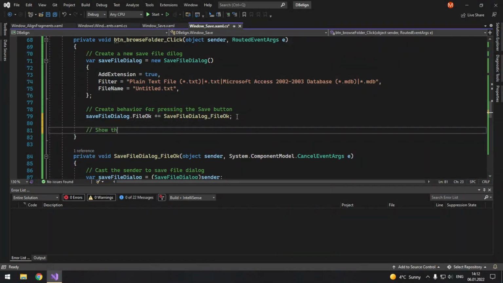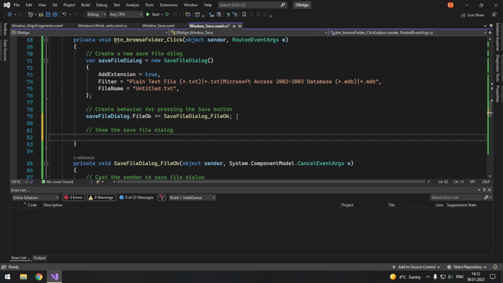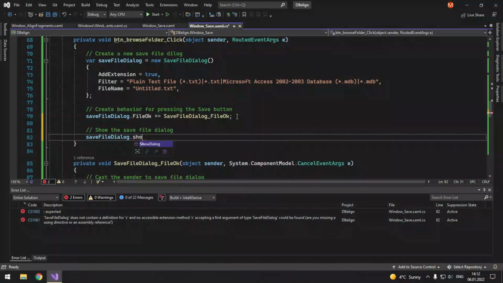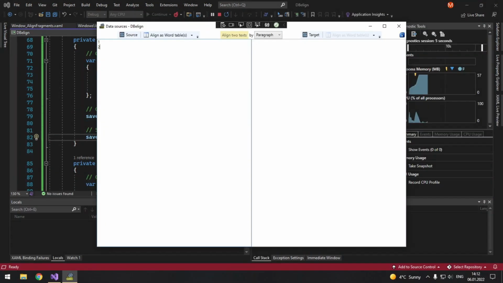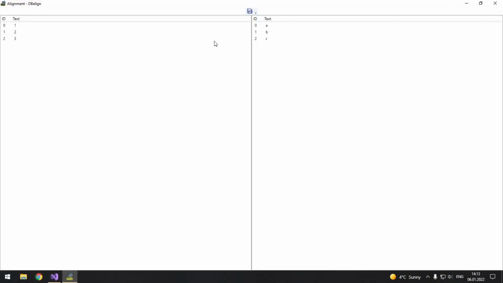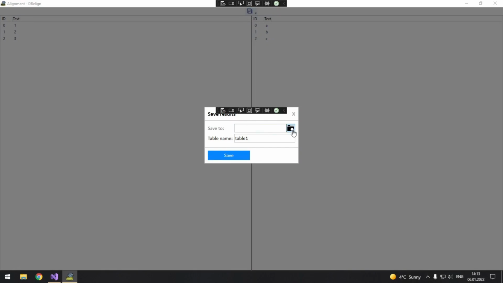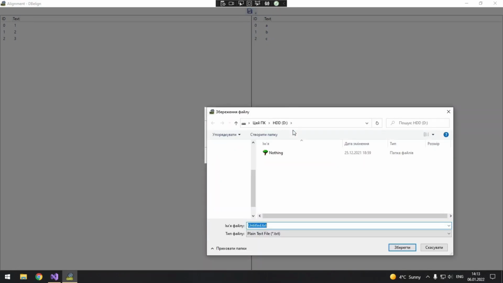So show the save file dialog. So save file dialog dot show dialog. 3 different scenarios. Scenario 1, equal number of source and target fragments. Okay, untitled.